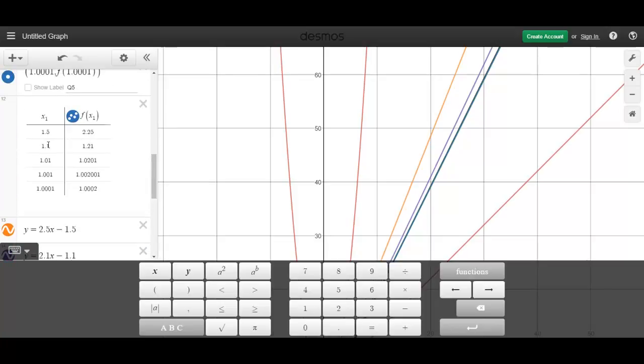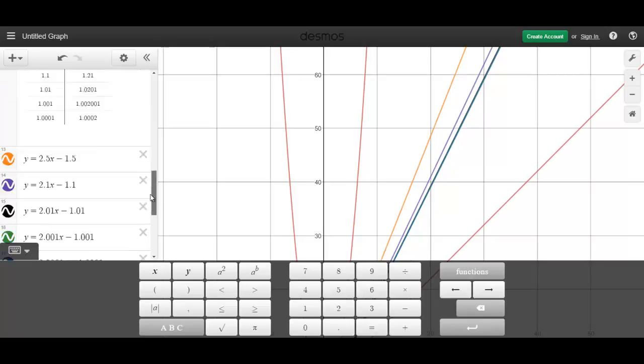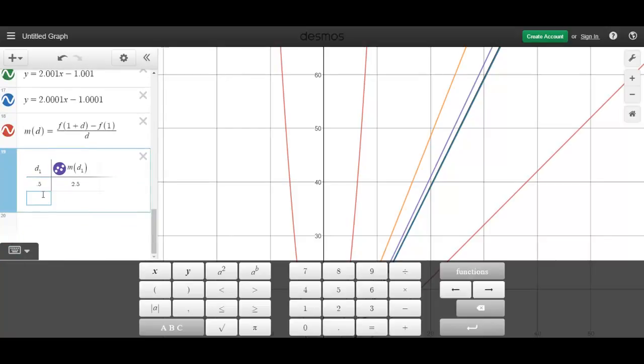Our second x value is 1.1. What's delta x? Delta x is the distance between your two x values. So the delta x between P and Q, the difference between the x values, is 0.1, then 0.01, then 0.001, then 0.0001. And we can calculate really easy, just like on a TI,